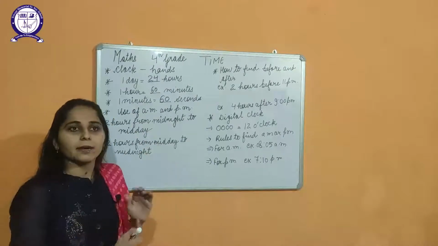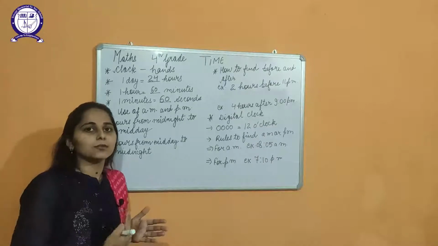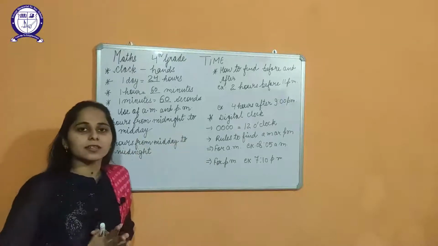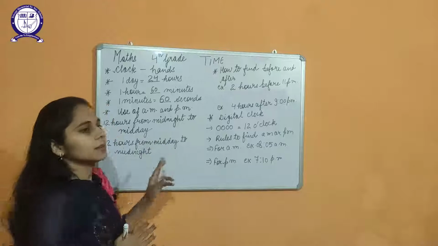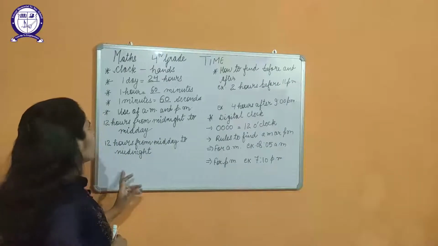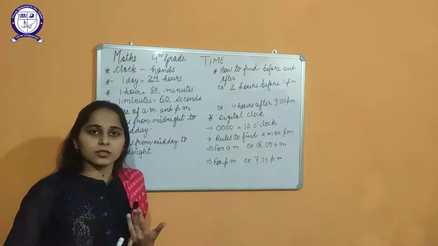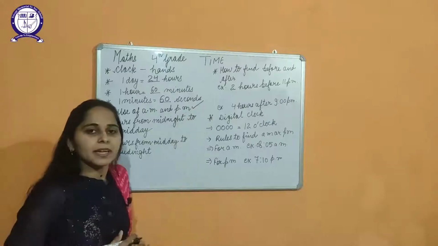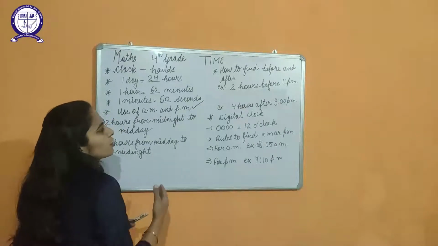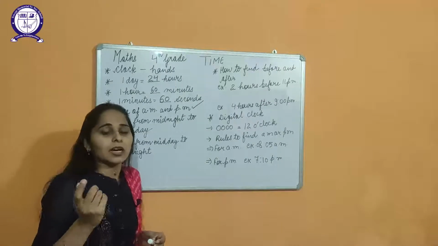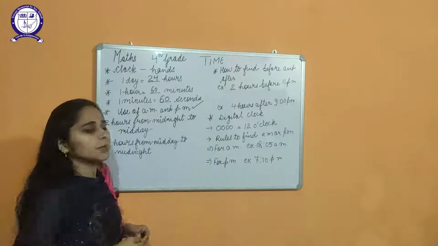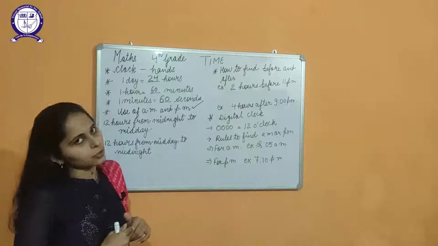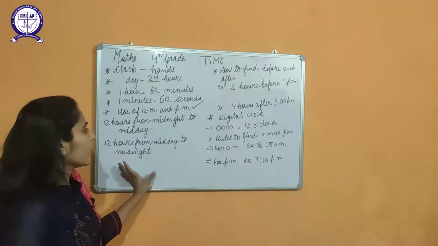Okay, and in the noon time, even 11:59 is to be considered as AM. Means the whole time between these 2 events is to be considered as AM. It means from midnight to midday. And in the afternoon, when 12 o'clock is there, then the time passed is to be considered under PM. Okay, means if it is showing 12:01, means 12 hours and 1 minute, that time is also to be considered as PM. Okay, and in the noon, when 12 o'clock is there, then you will consider it to be noon. This is the difference between AM and PM.